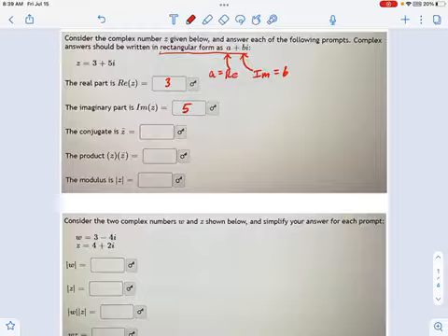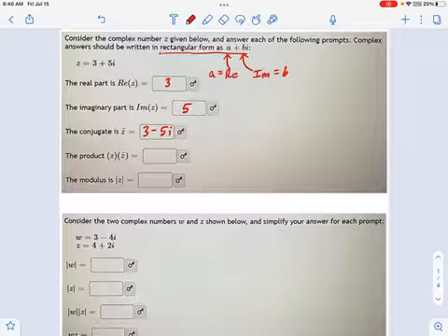Now we get into something a little more interesting called the conjugate. If you remember what a conjugate is, we've seen this before in radicals, in trigonometry. Oftentimes you'll see it in complex numbers. A complex conjugate simply says change that plus sign to a negative sign, or whatever that sign in the middle is, flip it. So this now becomes 3 minus 5i instead of 3 plus 5i.